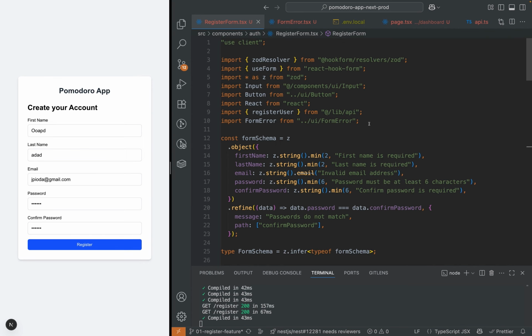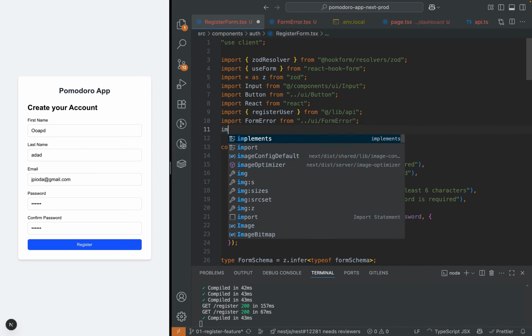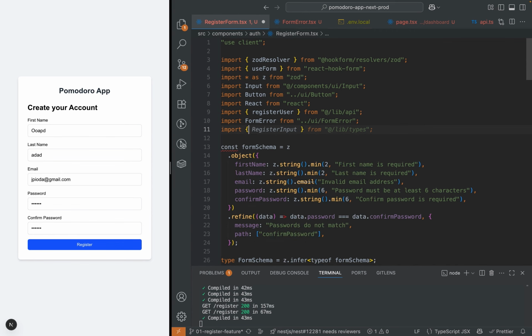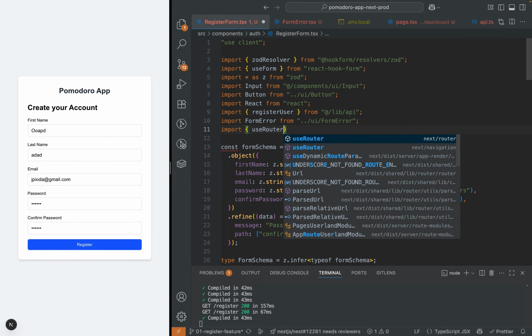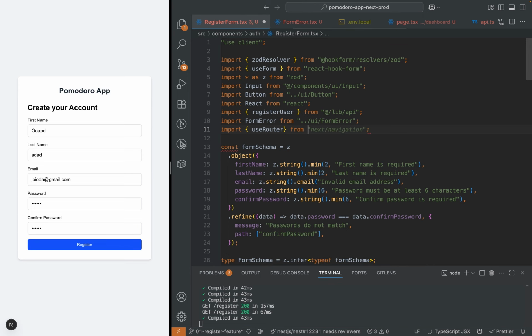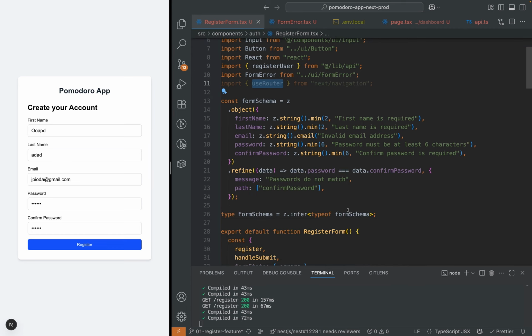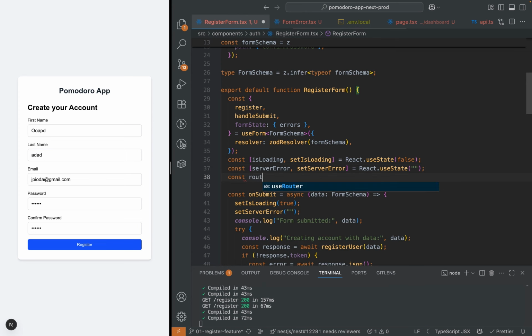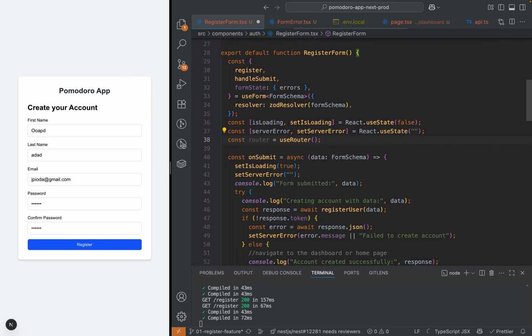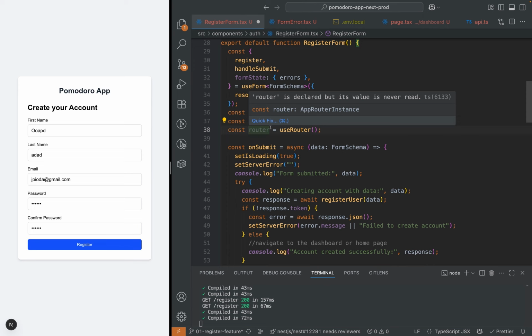Import useRouter from next/navigation, I can use that. Let's create a new router from the hook. I'll call it router, useRouter. This router has a method I can use to navigate to the